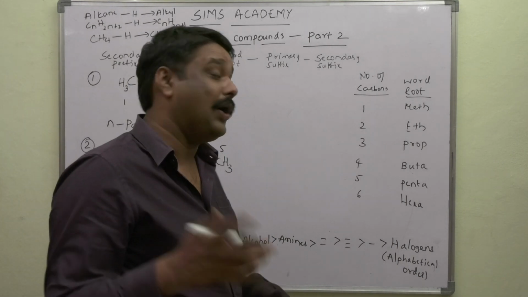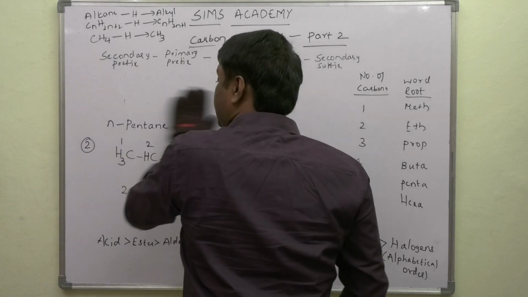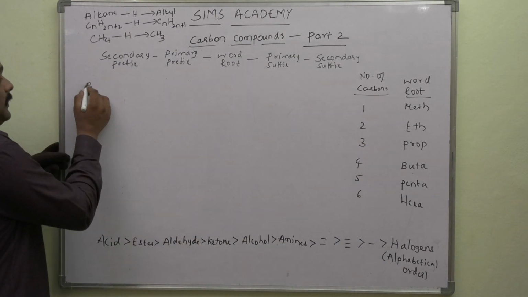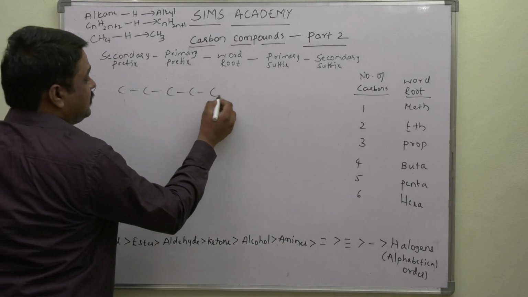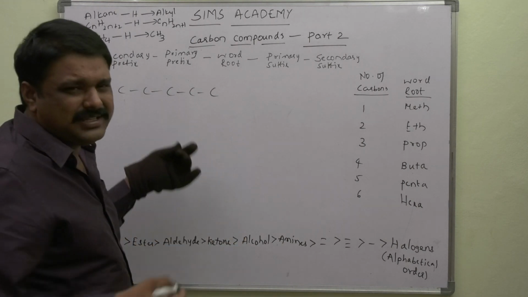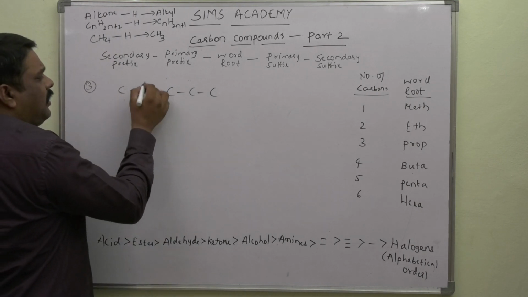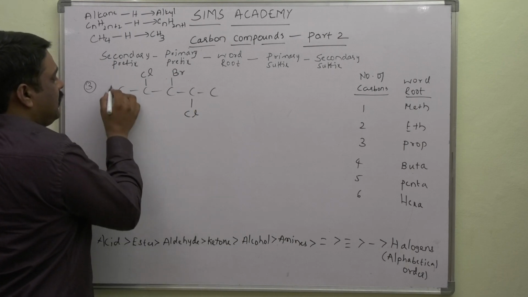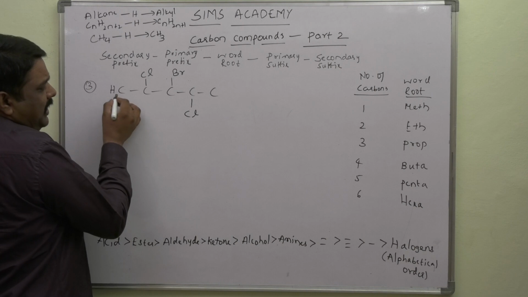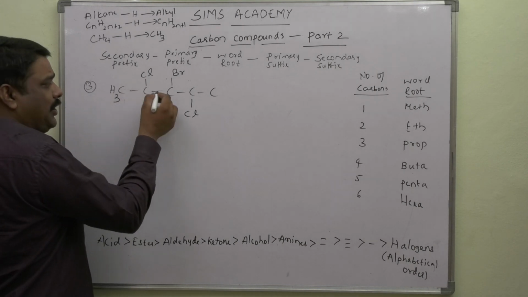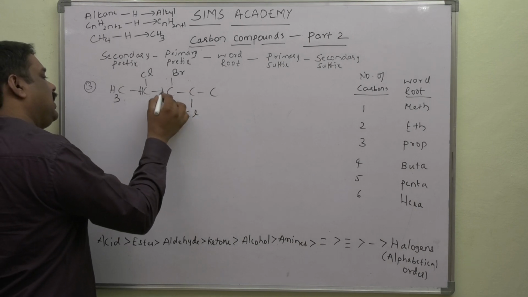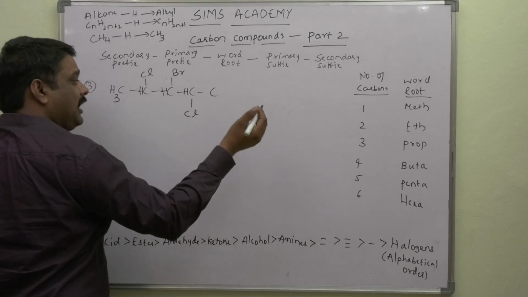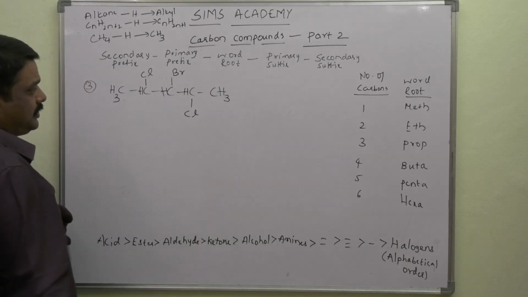Got it? Okay. Let us take another example here. More substituents we keep. That is C. For easy understanding, I am taking 5 carbon atoms. Here chlorine, here bromine. Only one bond, remaining 3 bonds will be filled with hydrogens. 1, 2, 3, 1 hydrogen. 1, 2, 3, 1 hydrogen. 1, 2, 3, 1 hydrogen. Single bond, remaining 3 bonds, 3 hydrogens.